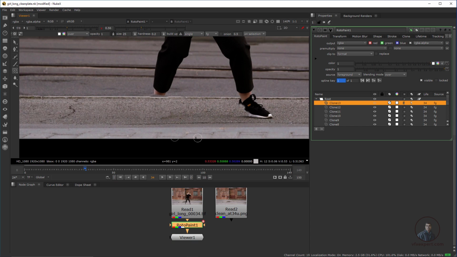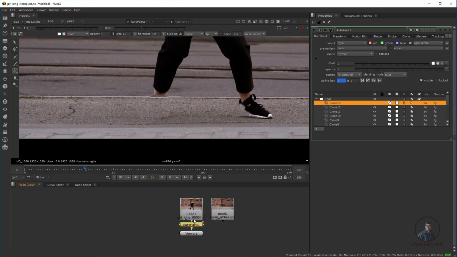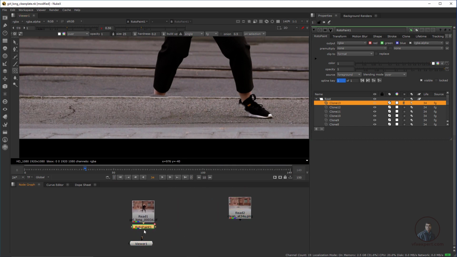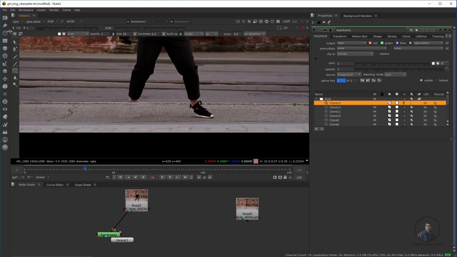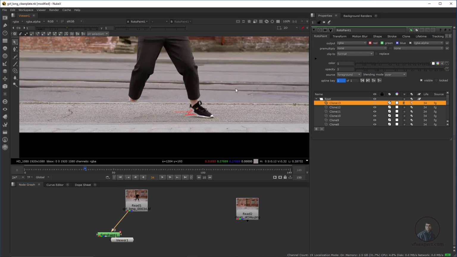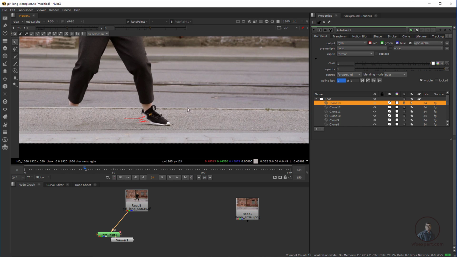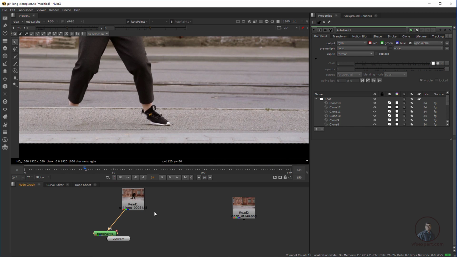Then the second one, which is patch shifting. So what is patch shifting? Let me move it a little here, then clear the gamma again. For patch shifting you can move an area over here for removing this object and creating a clean plate. Select this one, press 1.